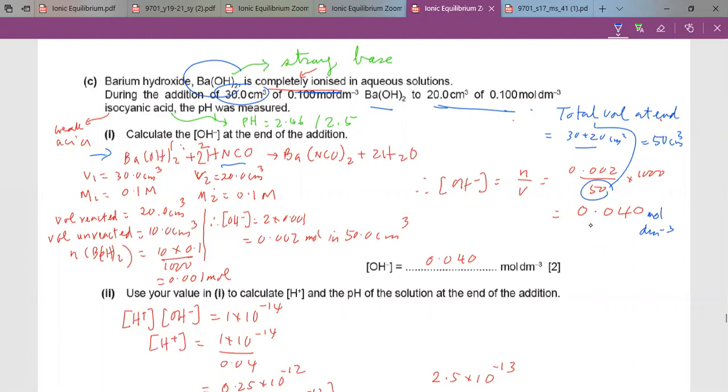So remember, the total amount is the total amount added. It's an excess. This is the molarity, and this is the acid here. So of course, this is the limiting amount. In this case, if this molarity is the same as here,